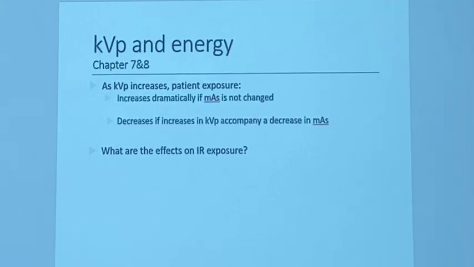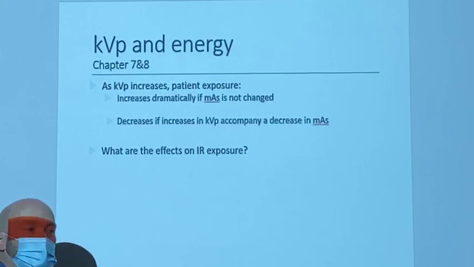So as KVP increases, patient exposure. Now, this is another thing you're going to have a tendency to struggle with on the tests. You're going to have to pay close attention to the test questions and what they are asking you. As KVP increases in the X-ray tube, what increases? Talked about it just a minute ago. Speed of the electrons. Energy level of the photons. But what happens to the number of photons that we create? It increases